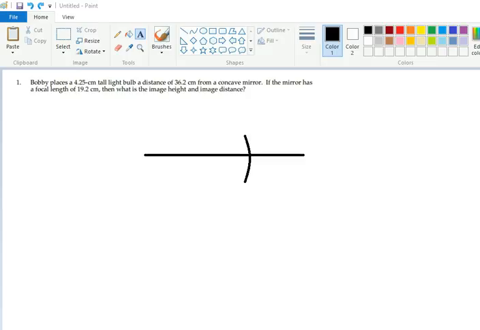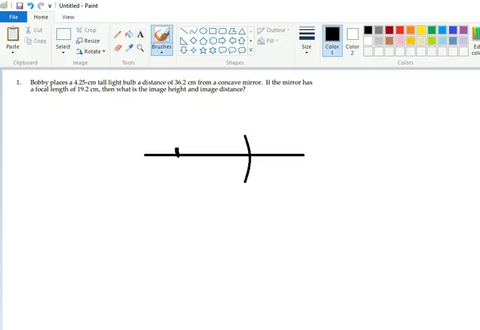Alright, so for this video I'm going to be doing tutorials on how to solve problems regarding curved mirrors. So the first problem states that Bobby placed a 4.25 centimeter tall light bulb a distance of 36.2 centimeters away from a concave mirror. Now because it's a concave mirror, it's going to be facing away from the object, which would be here. If the mirror has a focal length of 19.2 centimeters, then what is the image height and